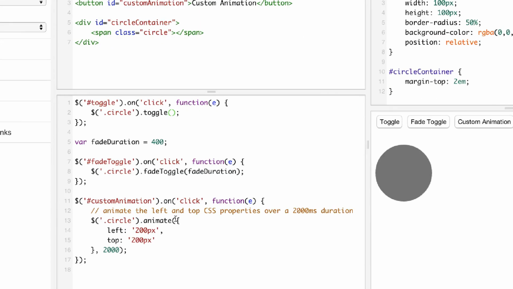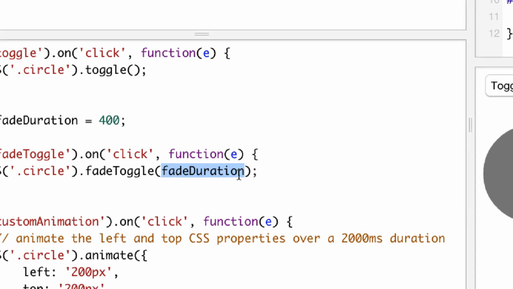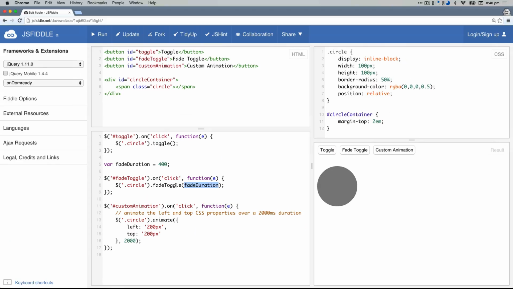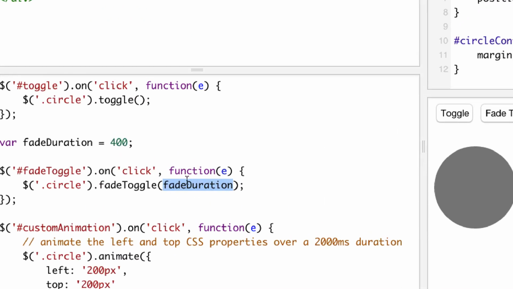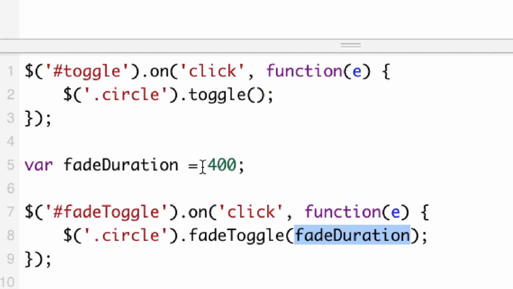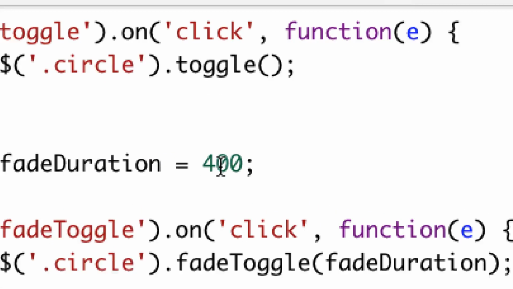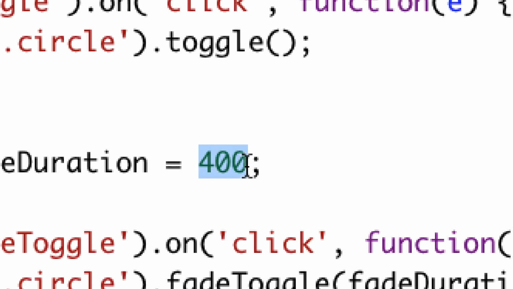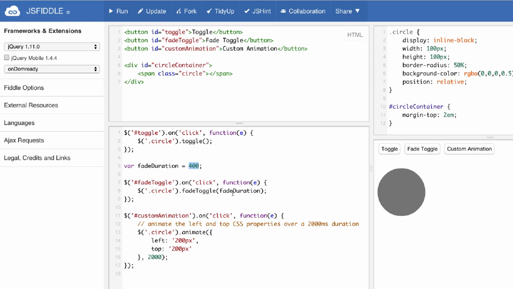Okay, so that fade toggle button, inside of its click event handler, I'm selecting the circle and I'm calling this function called fadeToggle. Now, the toggle function takes no parameter here because it happens instantly. Fade toggle happens over a certain duration. So as a parameter, you can adjust how long the animation takes by sending it a number for the duration. And up here, I've saved this number in a variable called fadeDuration, and the number is always defined in milliseconds. Okay, so that's 400 milliseconds